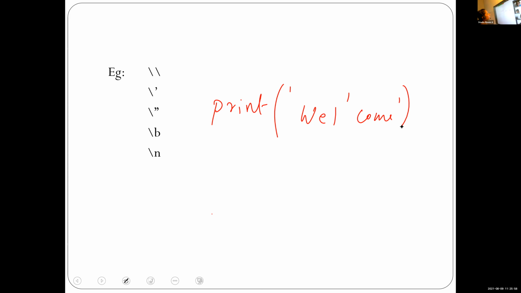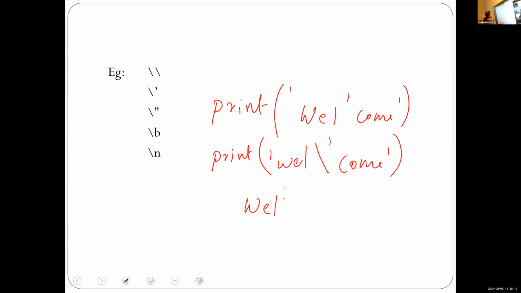We should put a backslash before the single quote. Within single quotes, WEL backslash single quote COME. The output is just like this: Welcome.